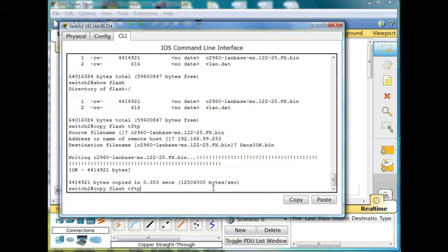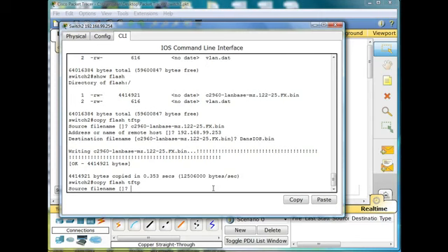So copy flash to TFTP, right? Source file name, I need to put in the file name of my iOS or bin file. I already looked it up. Let's see if I can, no, in history here, don't have it, so I'm gonna have to type it in. Okay,